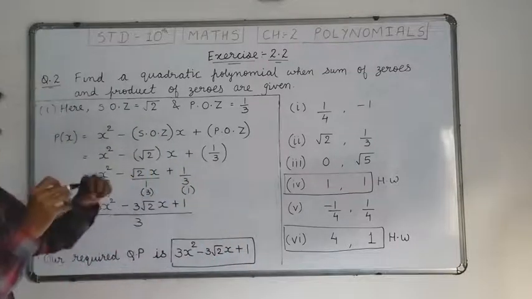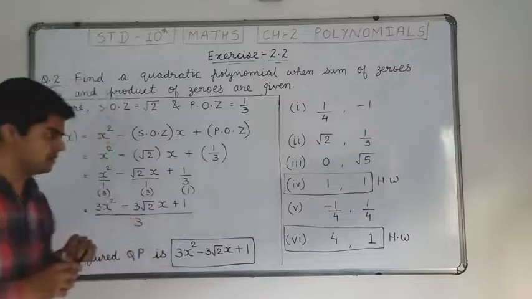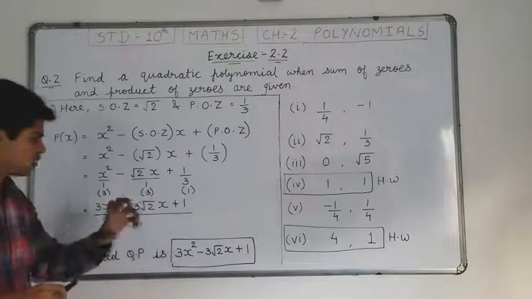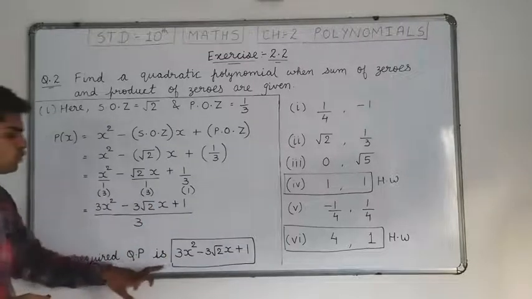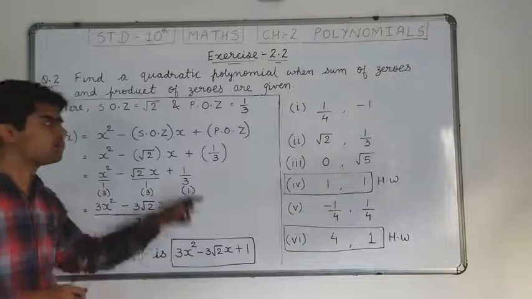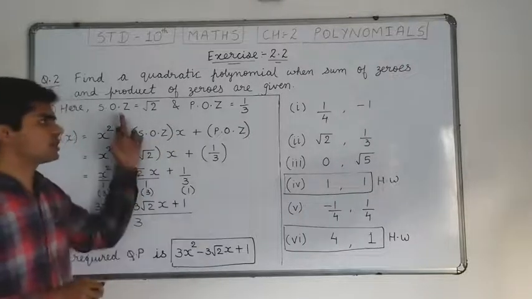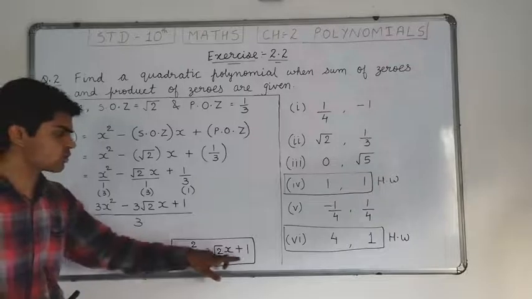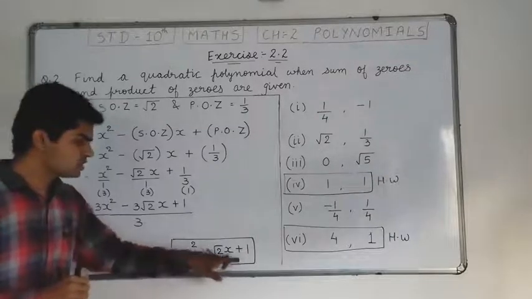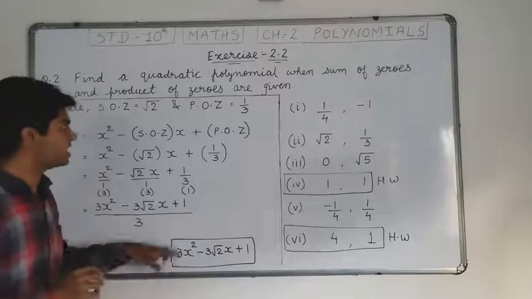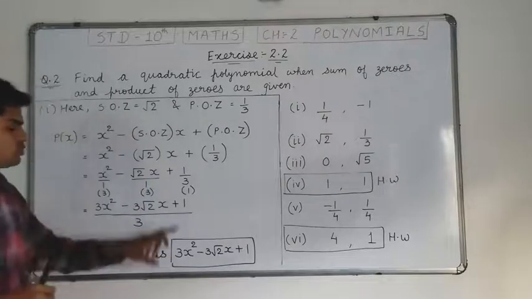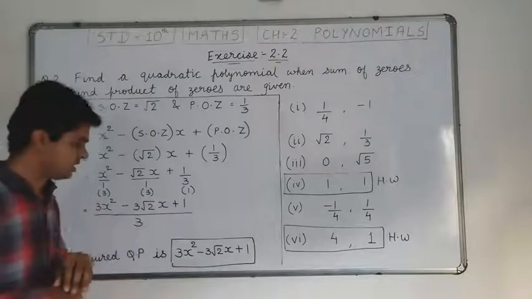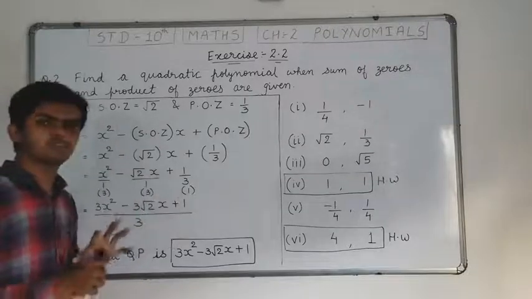Understood? In the previous sum I forgot to mention this. But if you want to cross check, suppose this is your question. Now suppose in the exam it is given that your quadratic polynomial is this and find your sum of zeros and product of zeros. Then you can cross check by the formula of sum of zeros and product of zeros. Suppose this is your question and you are asked to find sum of zeros and product of zeros. So let us verify. It is not necessary to verify all the sums, but for your simplicity, we are going to verify only this sum.